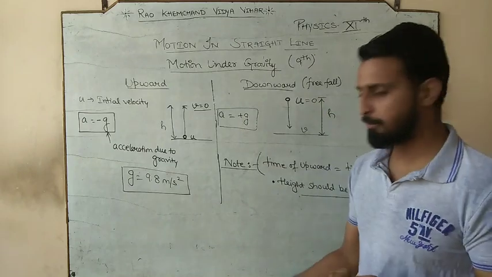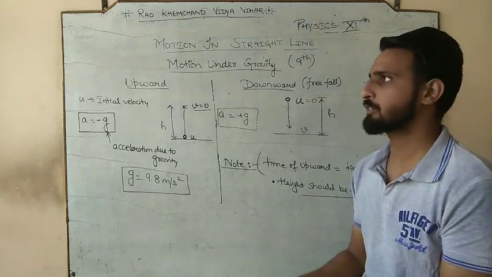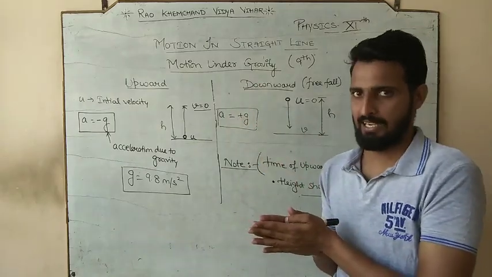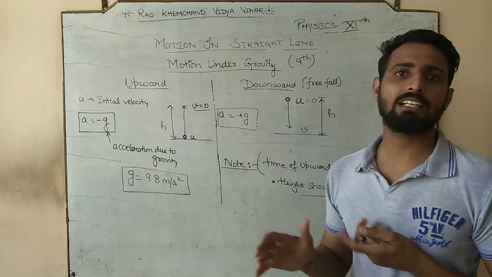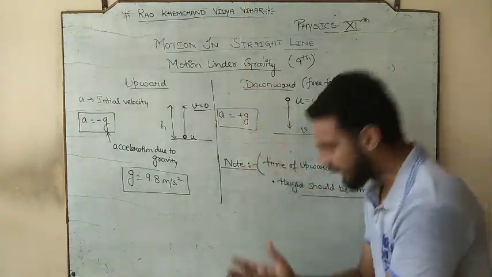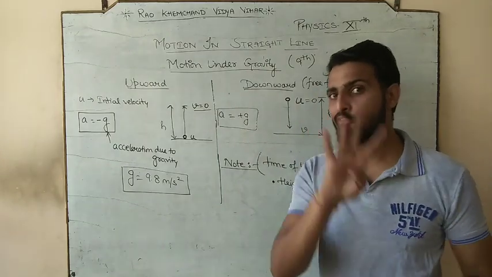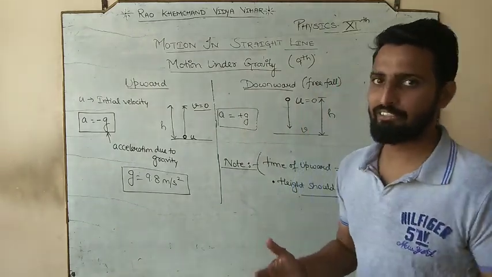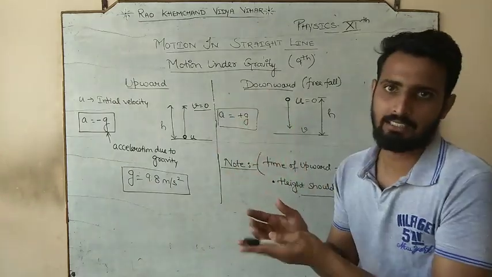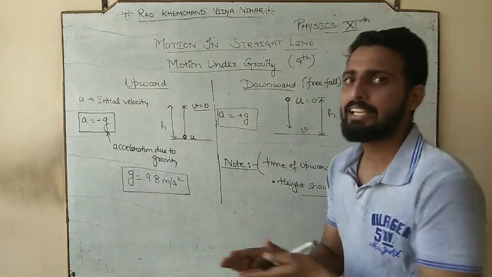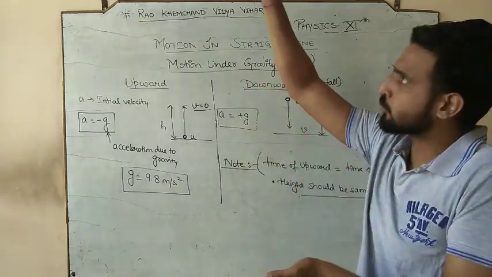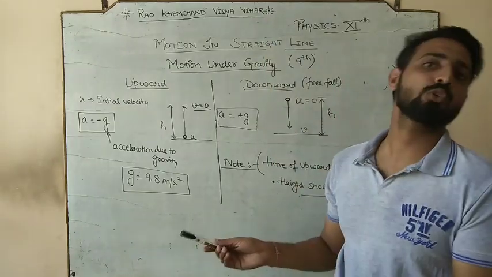So if I throw a body, let's suppose I throw a body from here, it goes up and it finally returns back to my hand. So let's suppose the total time taken was 4 seconds. So going up and down, the total time was 4 seconds. So if I told you the total time after which I catch my marker is 4 seconds, what is the time of going up? It should be 2 seconds. What should be the time of going down? It should be 2 seconds.